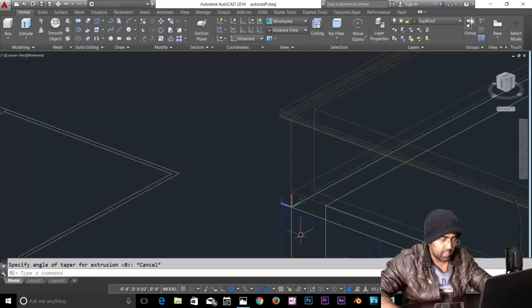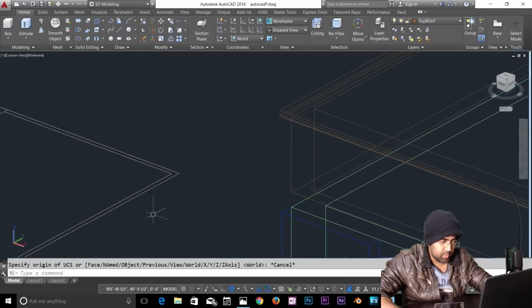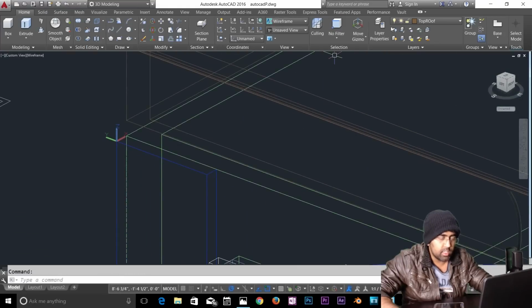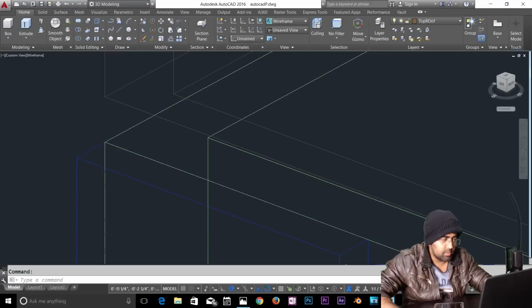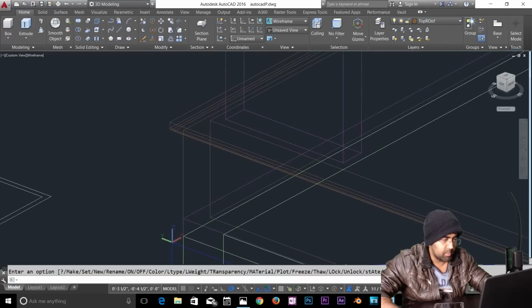Okay, doesn't work. Change the UCS, which probably will help us now. Just gonna take my UCS, drop it there. Okay, what's going on? So I'm just going to turn on the layer. There is another way you can do this, which is going to be a little bit easier, I think. So that was